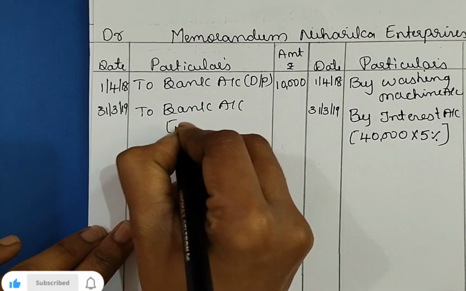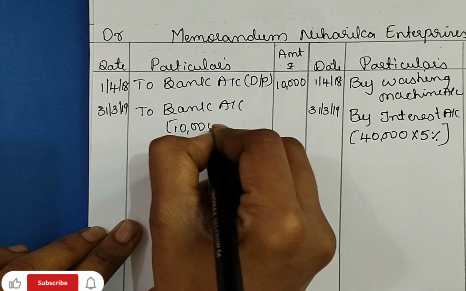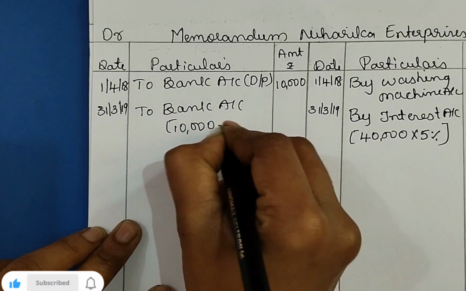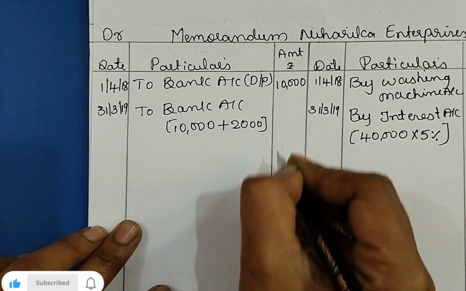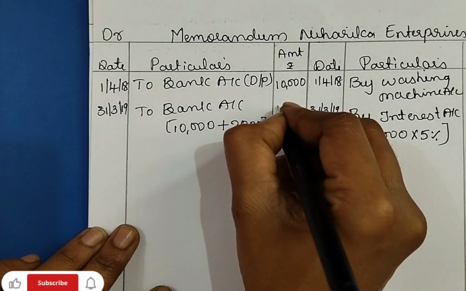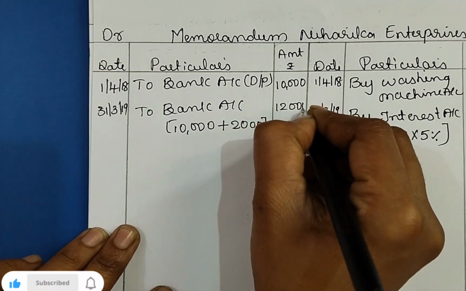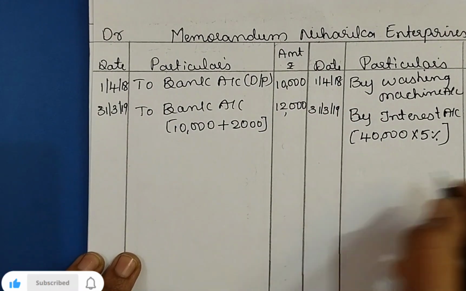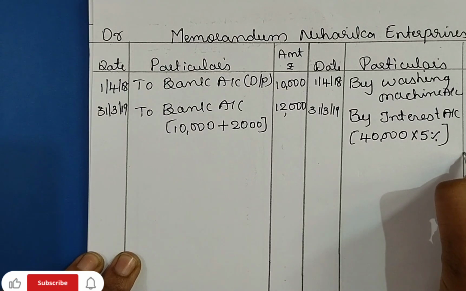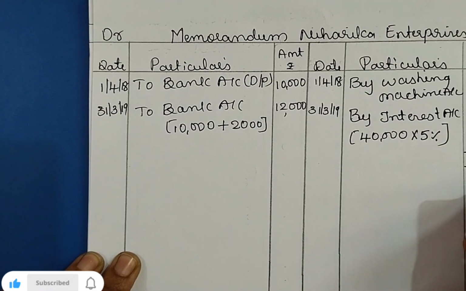What is the amount of installment? 10,000 each installment plus 2,000 rupees interest. Total 12,000. Now, which side is credit side is higher, right? Total is